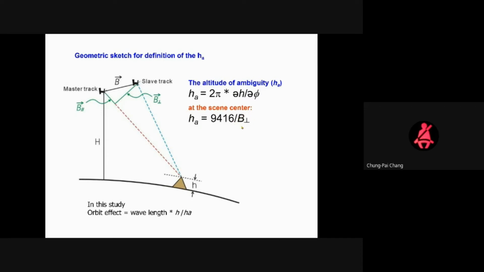If the baseline is 94 meters, for example, a little less than 100 meters, then you will have an HA of 100, and this 100 means that for every 100 meters of elevation, you will obtain one fringe,